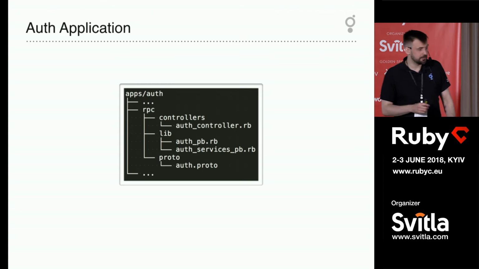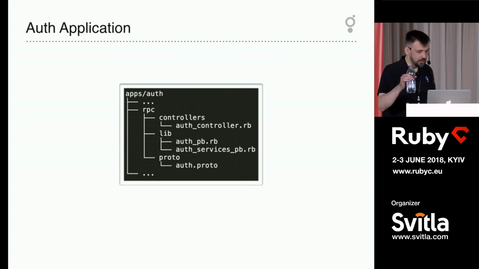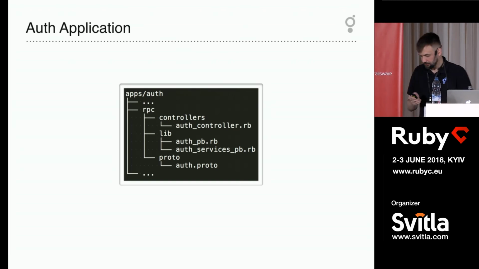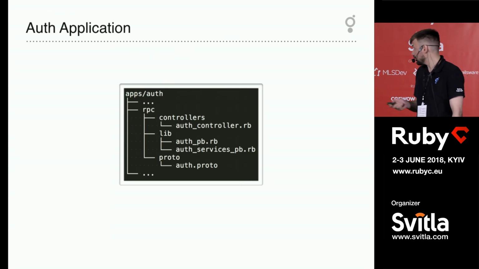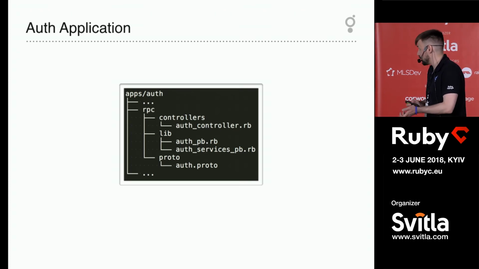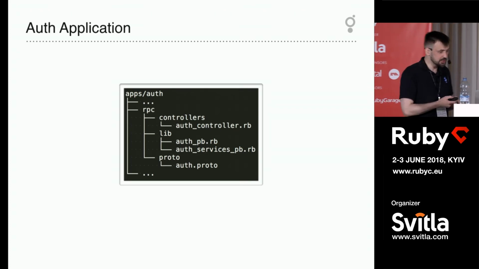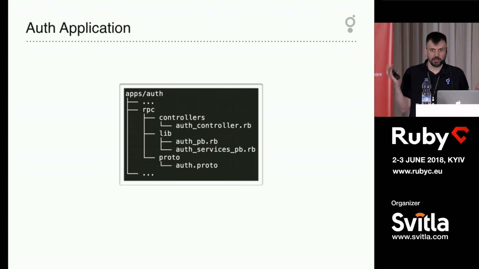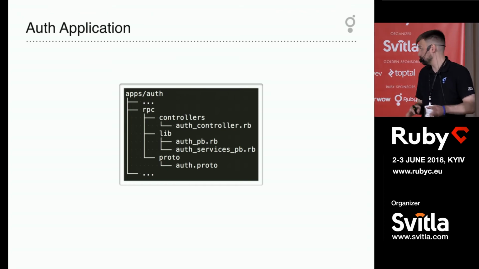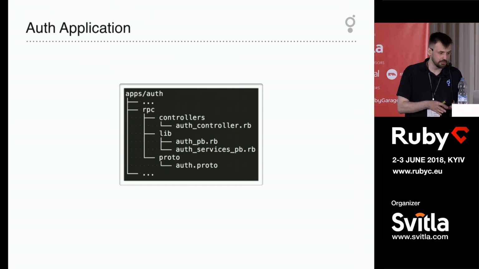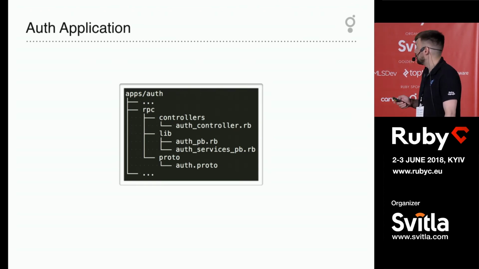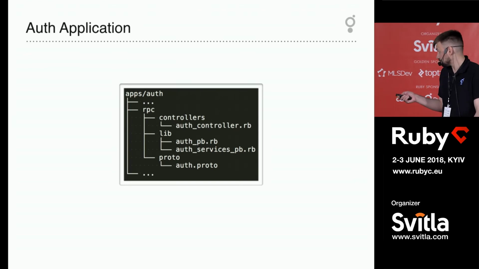So okay, we decided to split, for example, our authentication approach into a separate service. How can gRPC help us? Yeah, we can just create a separate application. For example, before, this application was inside of our main Rails project, but right now we decided to move it out. And of course, before we used a clean architecture approach, and it's possible to do. We can just check how it works, and it's really pretty simple.